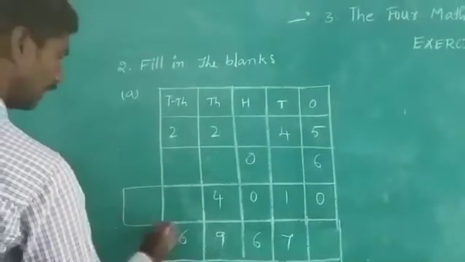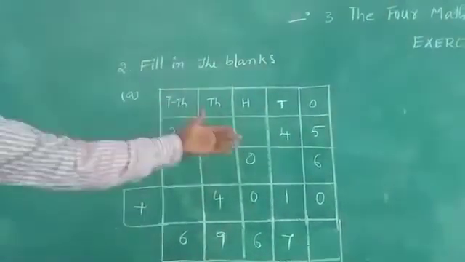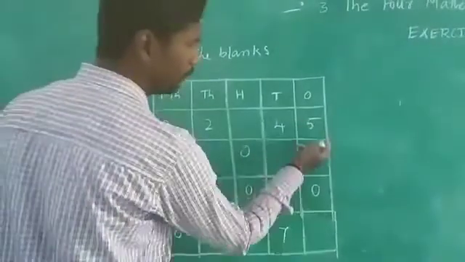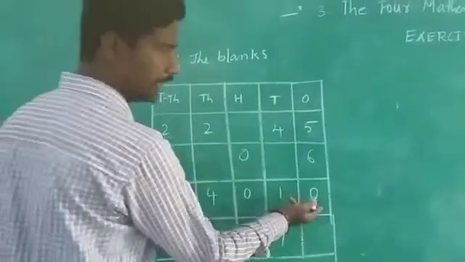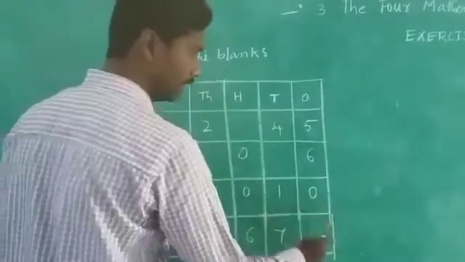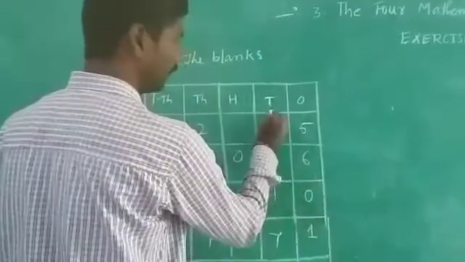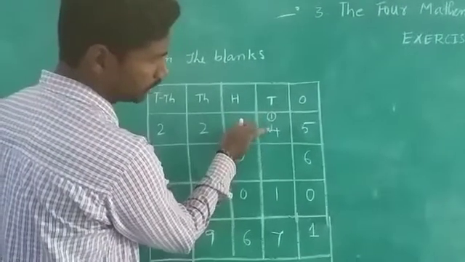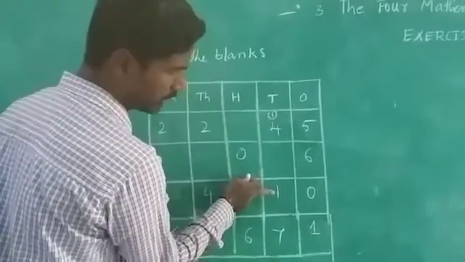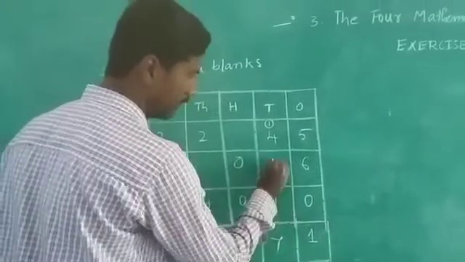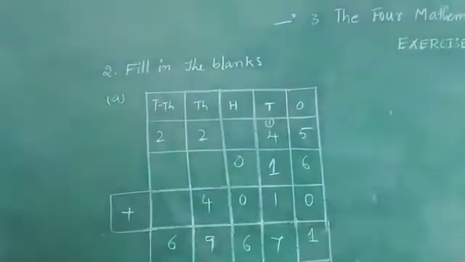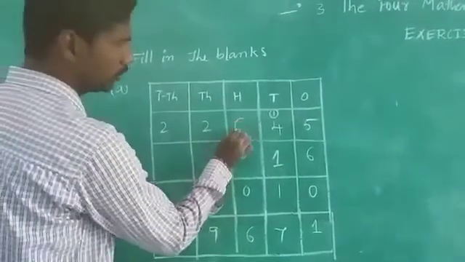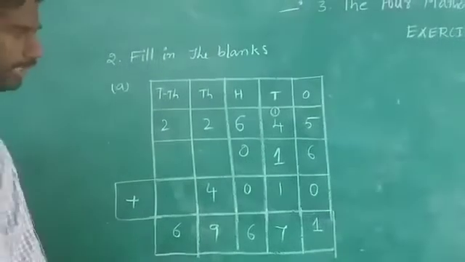So we need to do the addition. Some numbers are missed. These numbers we need to fill. See, if you add 5 plus 6, 11. 11 plus 0, 11. So here will be the 1, and if you write here the carry 1. See, it should be tallied. 1 plus 4, 5, 5 plus 1, 6. If you write here a 1, then it will become 7. So it is a 1. I filled it, right? Then here is the 6. Here 0, here 0. Then here also should be the 6. Right? Then only it will be tallied.